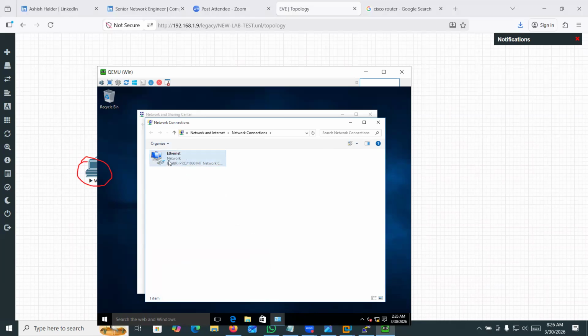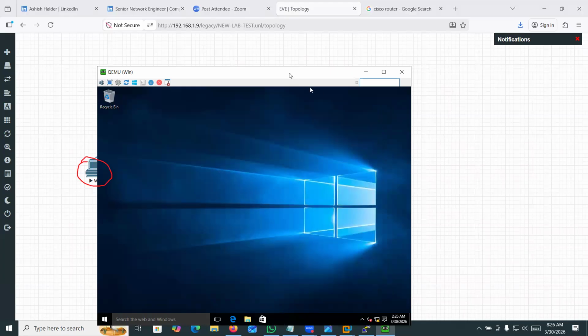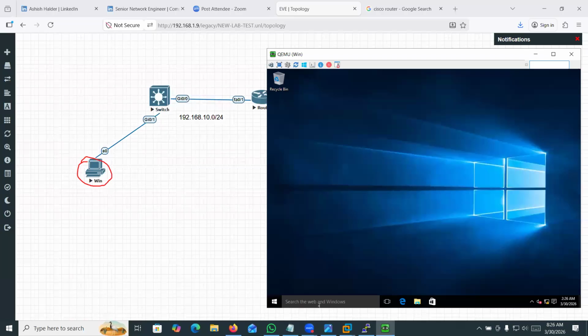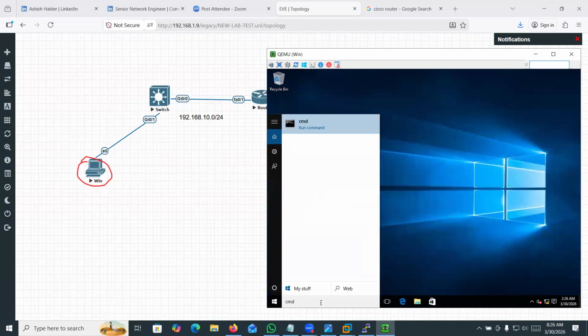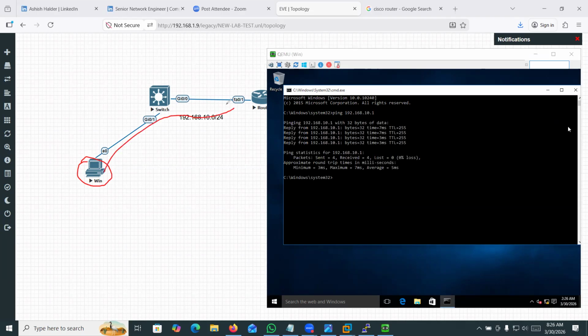So it has got the network name. It means it can reach the default gateway right now. If I go to the CMD command line on the Windows machine and ping the gateway, that means router IP 10.1, they can ping it.